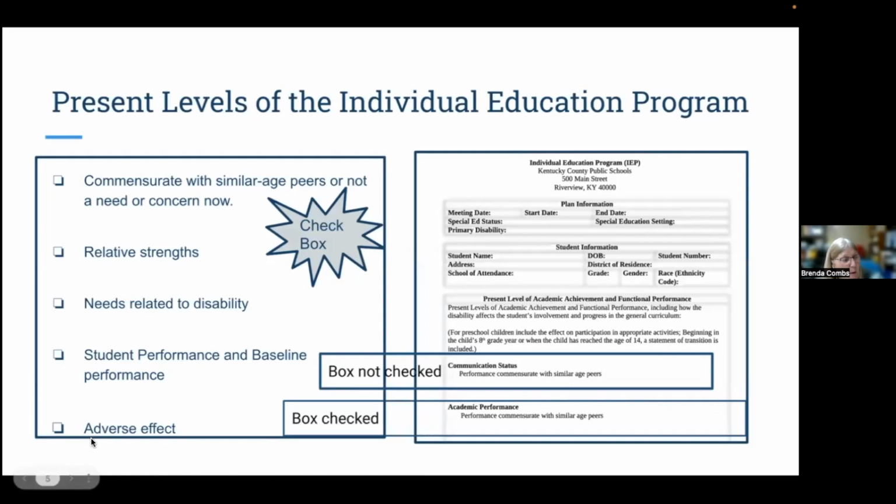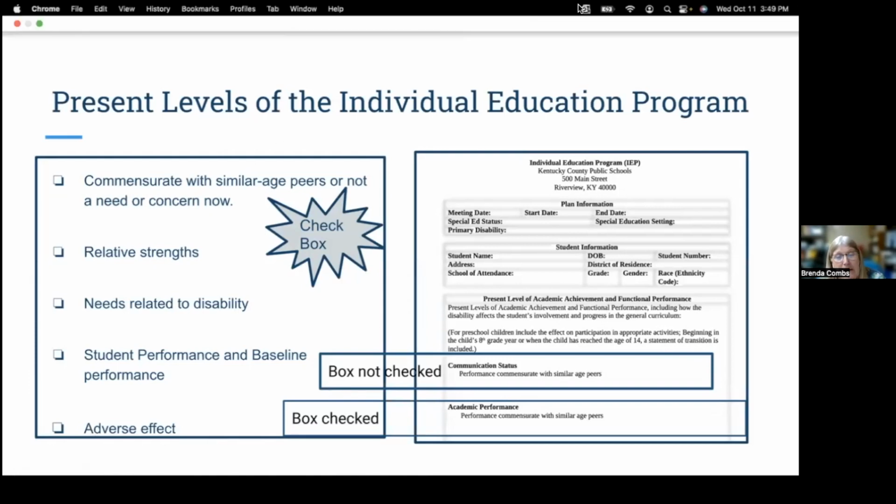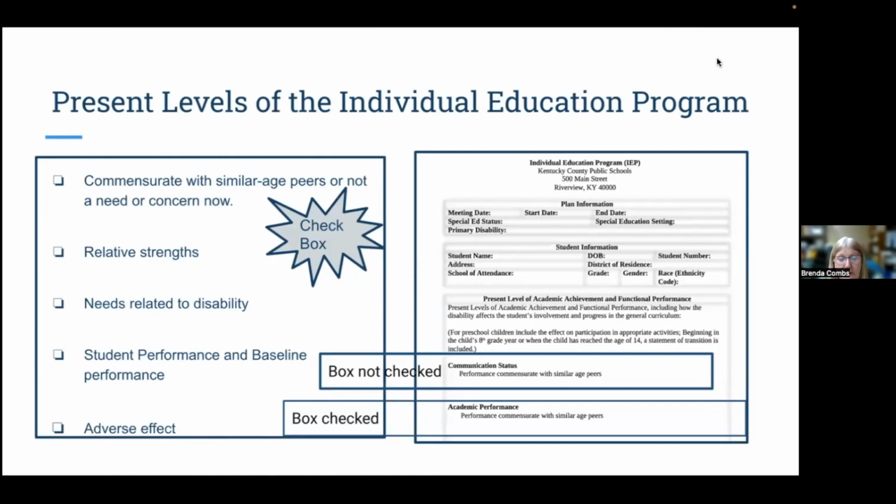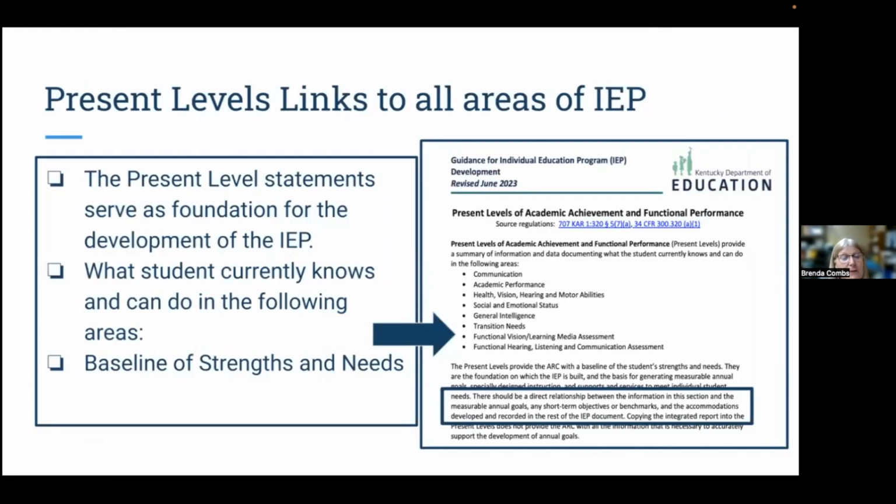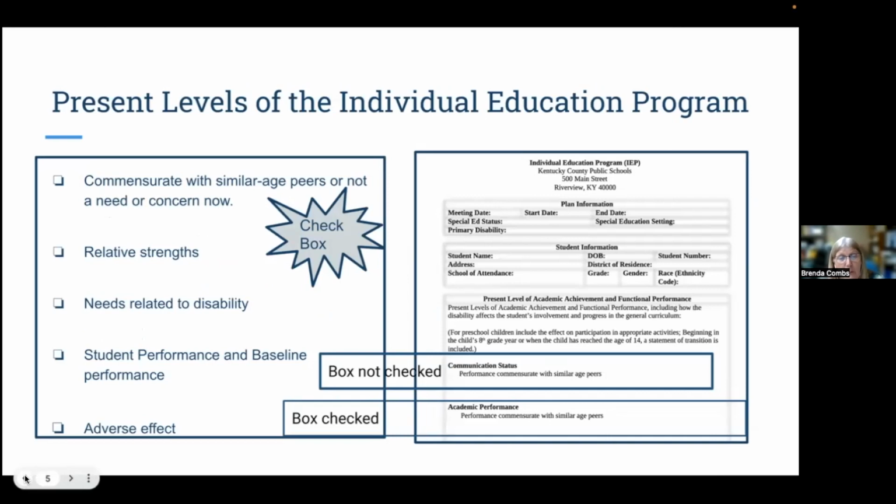Okay. So the first thing you see on an IEP is present levels. What we need to do with present levels, they tell us that there are 4 things that we need to put in under each of the categories that we're going to be writing a goal for. Denny Paul and I actually feel like there's 5 things, because we feel that we need to be comparing the students' progress monitoring to make sure that we're following the path for the student. We want to make sure that we do that.